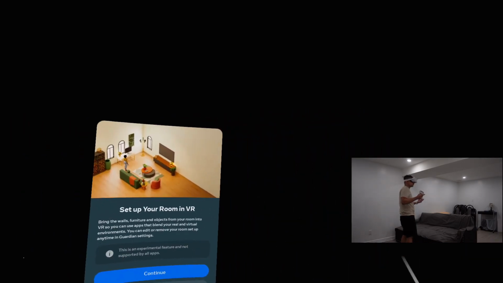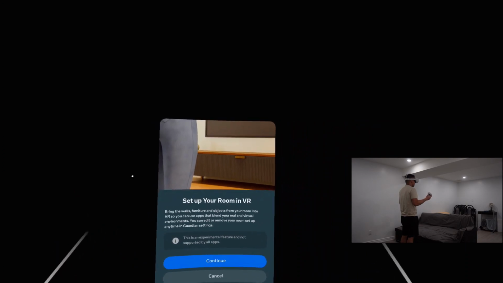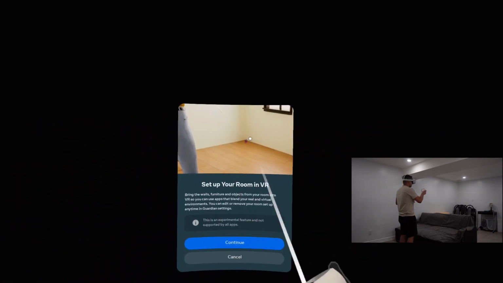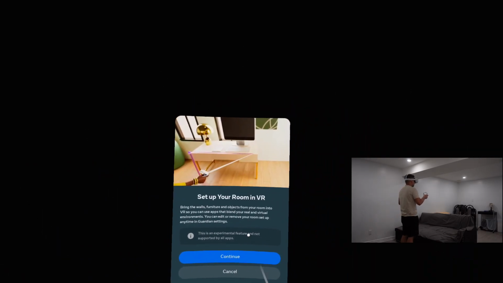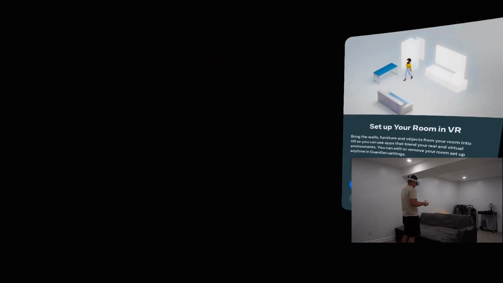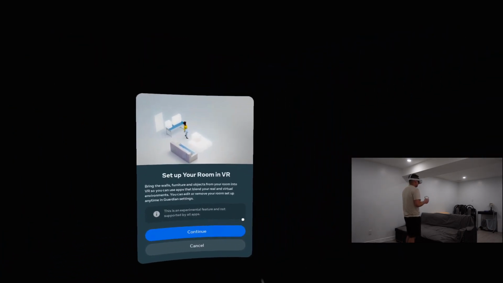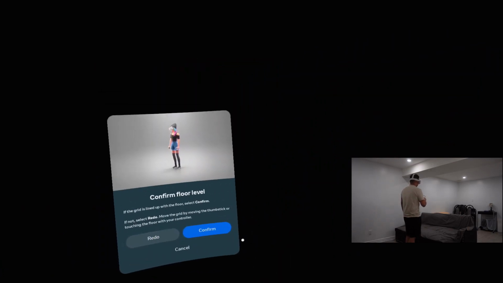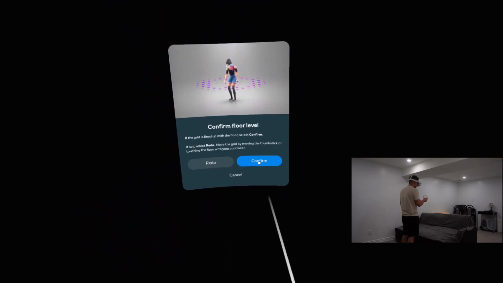And I'm seeing this room in real life right now, but you probably can't because it's just gonna show a black room, but you can probably see this little menu right here. So it's just a black room in this menu, but what I'm seeing is the room in real life, because Oculus doesn't record the pass through. But anyways, you can press continue here and you can confirm or you can redo, it's up to you, but